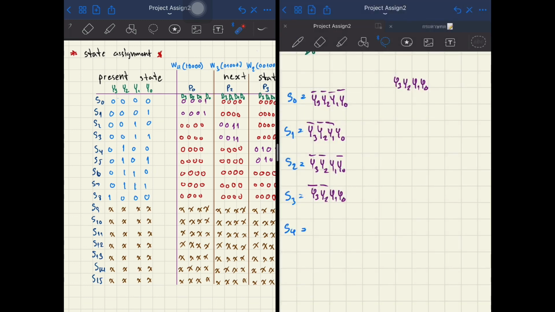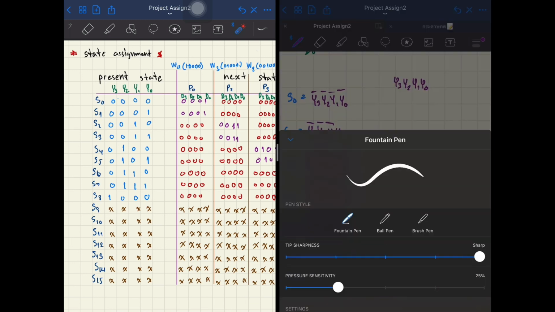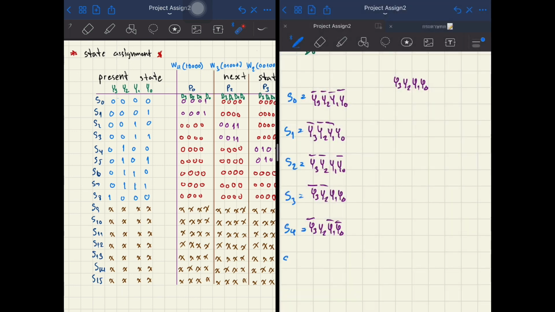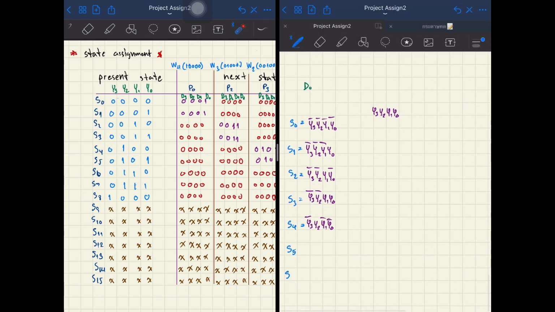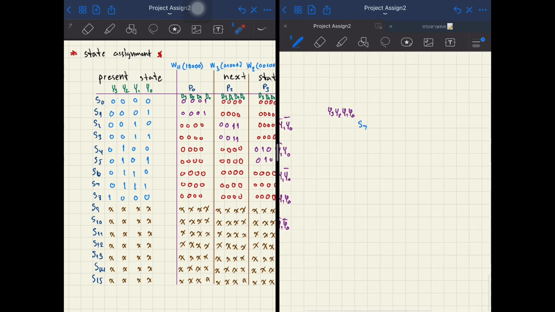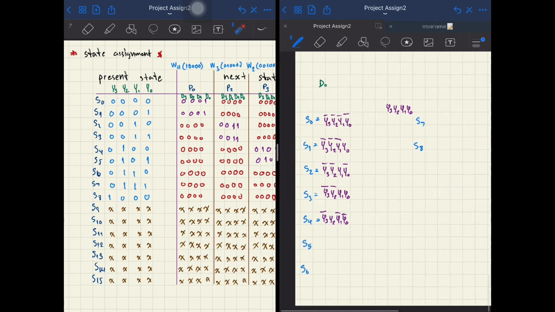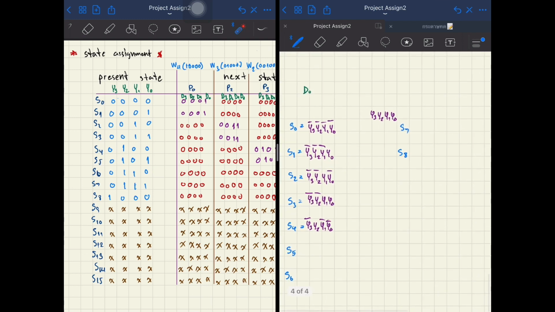S4, that is complement on y3, y1 and y0. We give y3, y1 and y0. Then S5, I must write S5, 6, 7, 8, right? We need 8 states here. Okay, S5, S6, 7, 8 and then